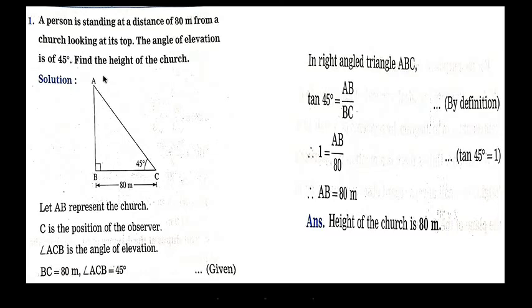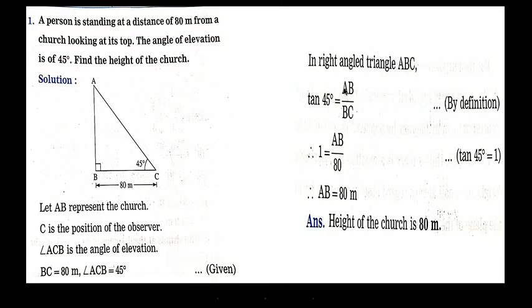meters. So in the right angled triangle ABC, if we have to find AB, we consider the trigonometric ratio tan of 45, because tan 45 according to definition is opposite side upon adjacent side. We know the value of tan 45 from the table. We know the adjacent side. We can calculate the opposite side. So we consider the ratio tan of 45.